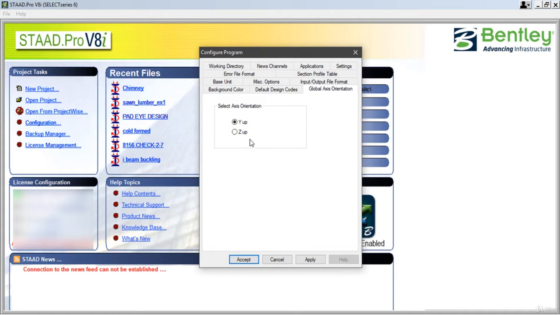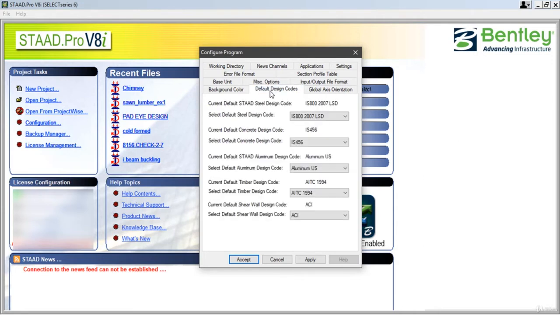After that we can select the global axis orientation also. For those who are comfortable with Z up, they can select the Z up option, but as I am comfortable with Y up, I will select Y up only. And here are the default design codes. Like we selected the section profile table default as American, we can also select default design codes.